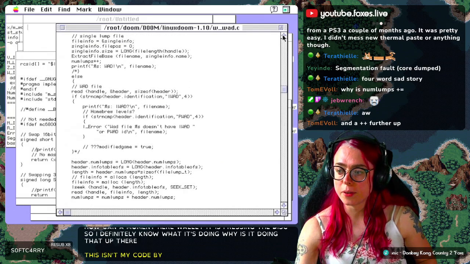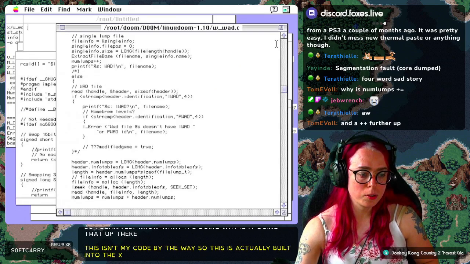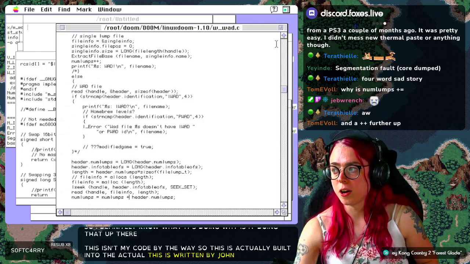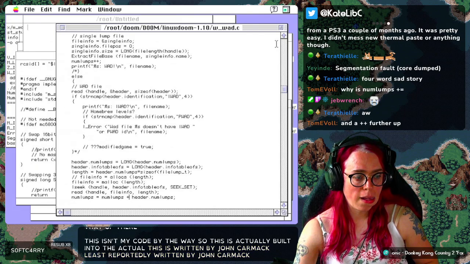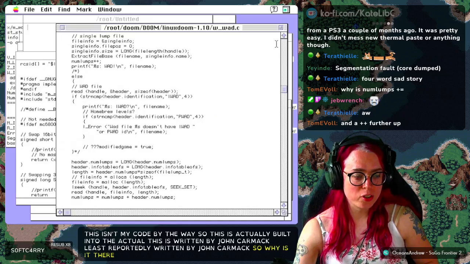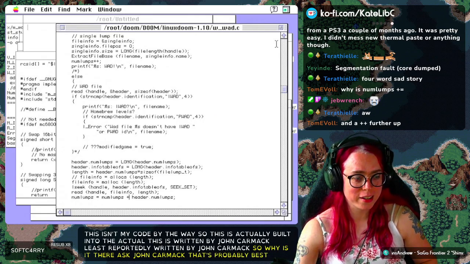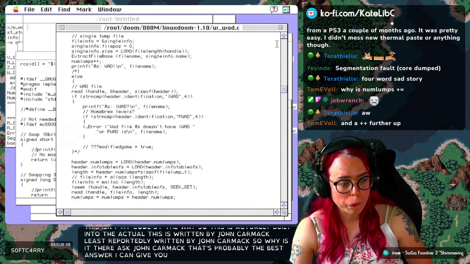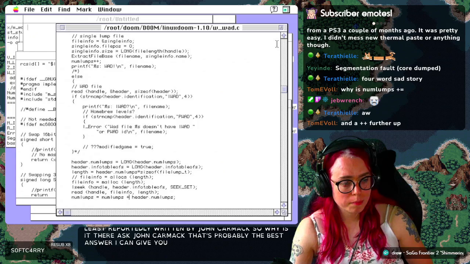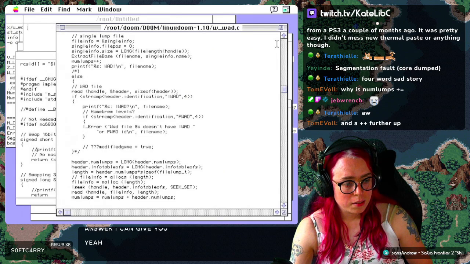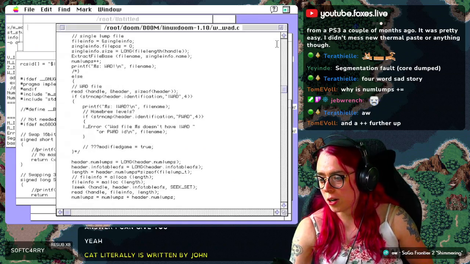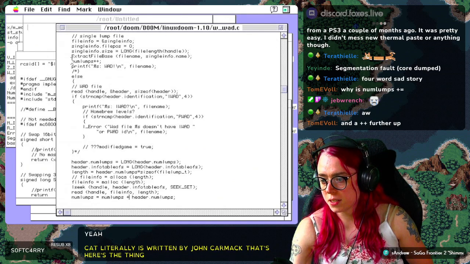This isn't my code, by the way, so this is actually built into the actual... This is written by John Carmack, at least purportedly written by John Carmack. So why is it there? Ask John Carmack. That's probably the best answer I can give you. Yeah, it literally is written by John Carmack. Here's the thing, if you set this to 0,